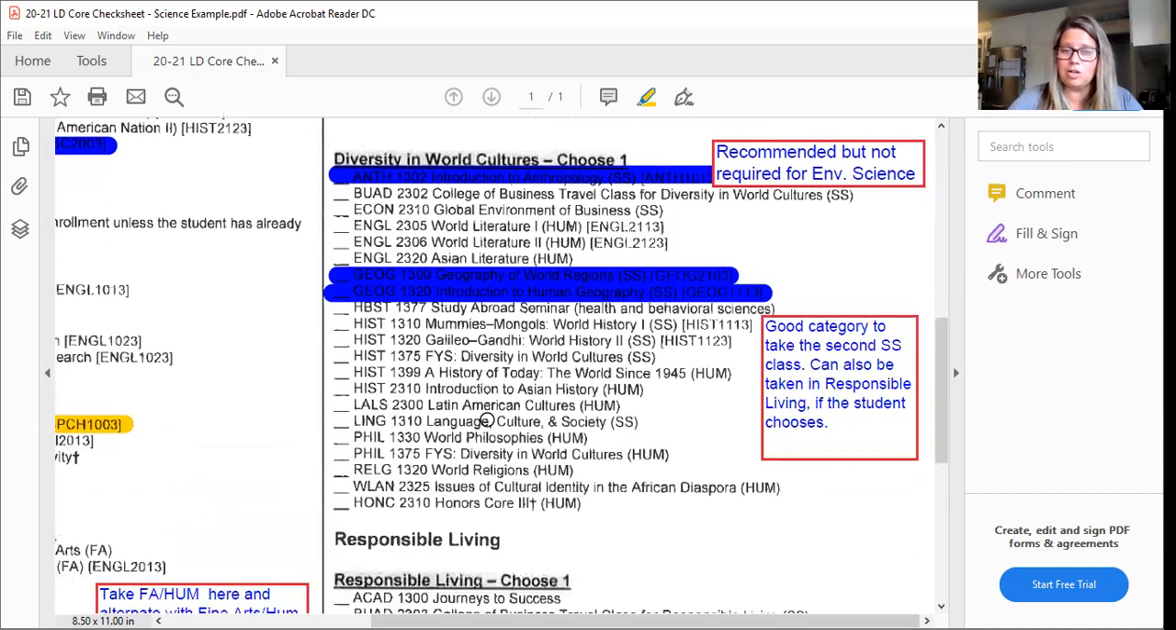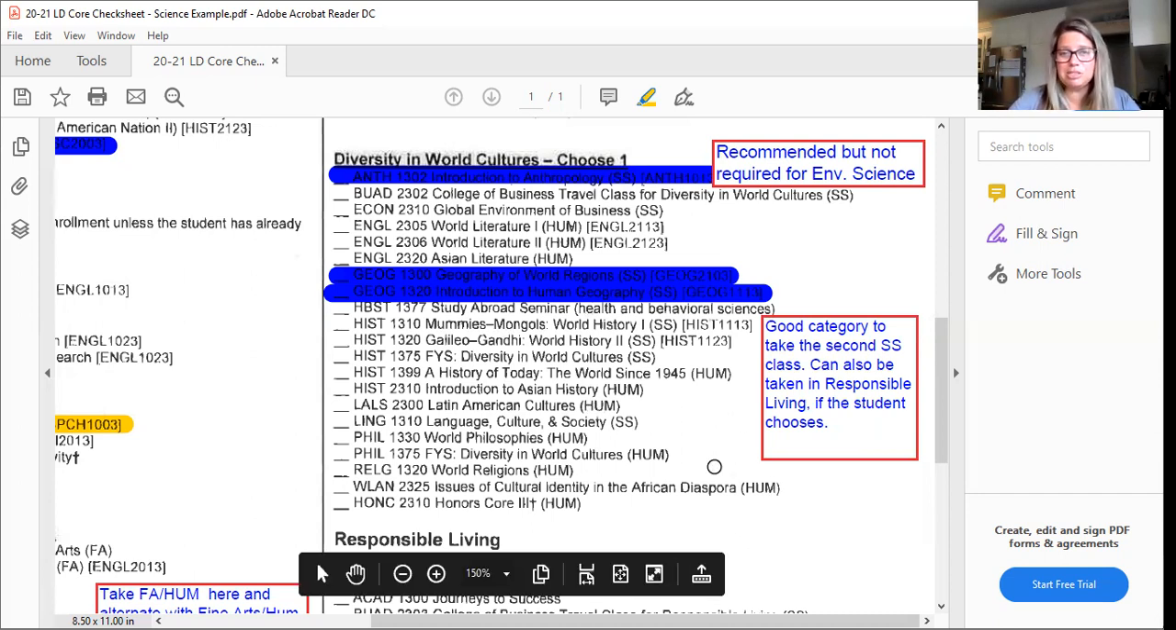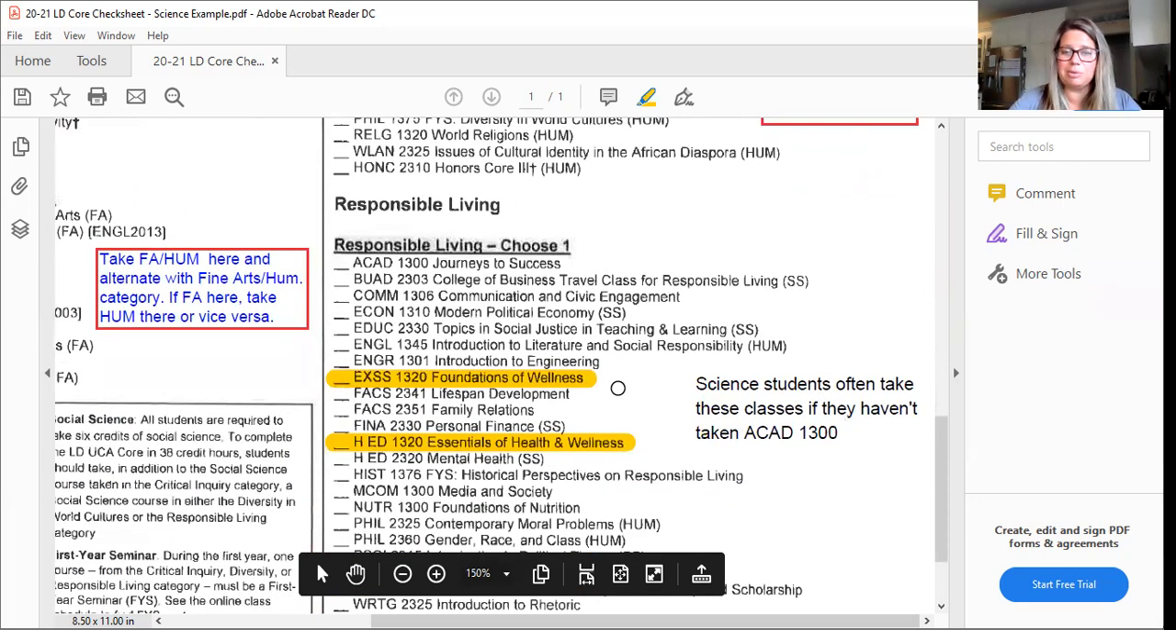In this diversity and world cultures category, these blue classes that I've highlighted are great for environmental science, not specifically required, but recommended if one of those floats your boat. There's some anthropology and geography. If you're a biology student, I would recommend that you take a social science class out of this category. Or if you need a second social science, you can get it down here in responsible living. And then moving down here to responsible living,